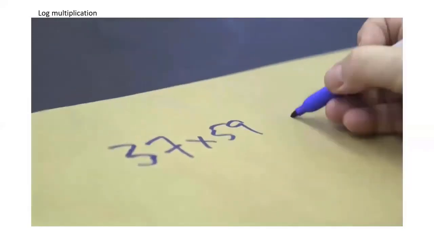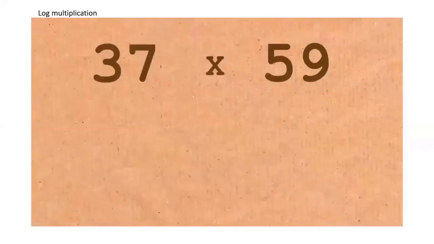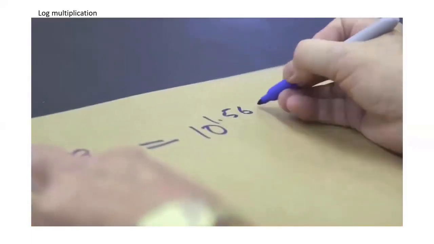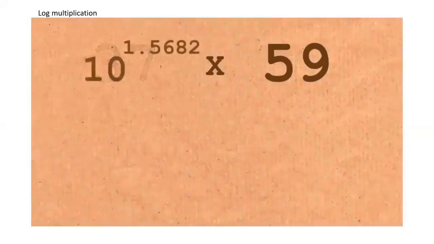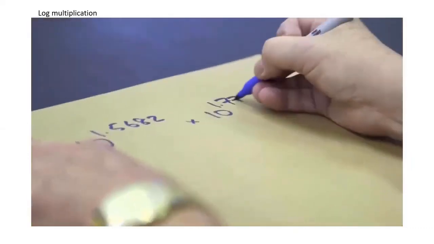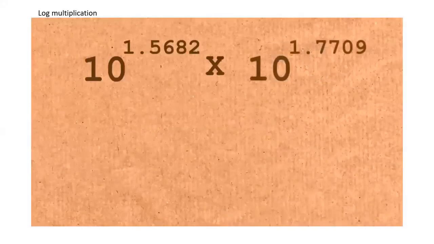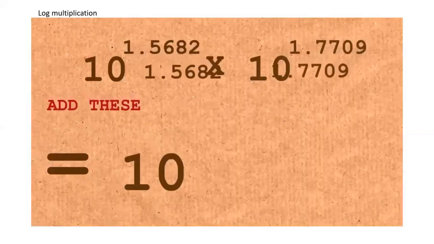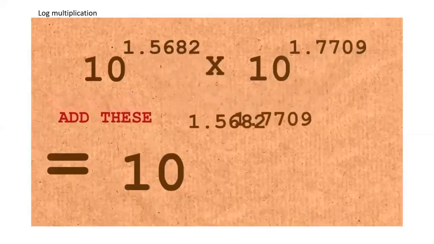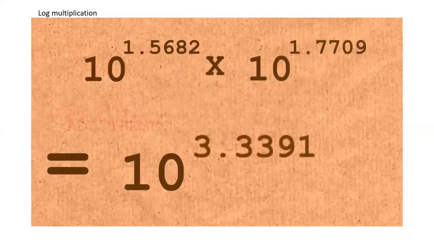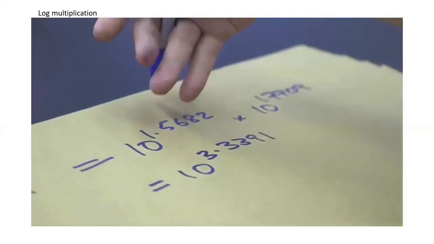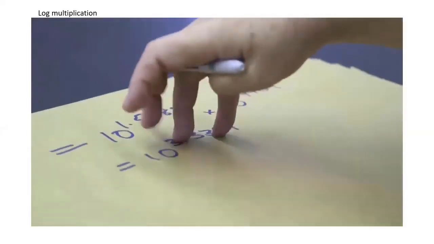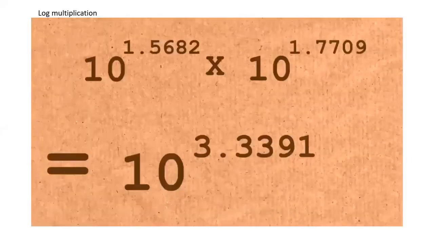37 times 59. Now I can write 37 as 10 to the 1.5682 and multiply that by this number, which is 10 to the power 1.7709. And when I multiply these numbers together, all I have to do is add this number to that number to make this into 10 to the 3.3391. That's like a shortcut. Yes, instead of multiplying numbers, you're adding this to that to get this exponent. And that number, it turns out, is